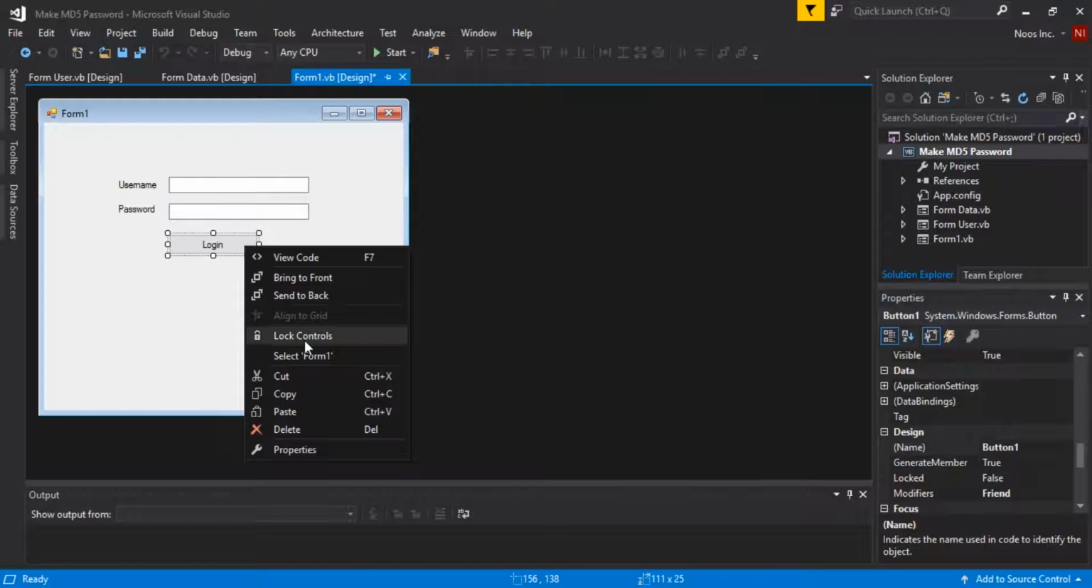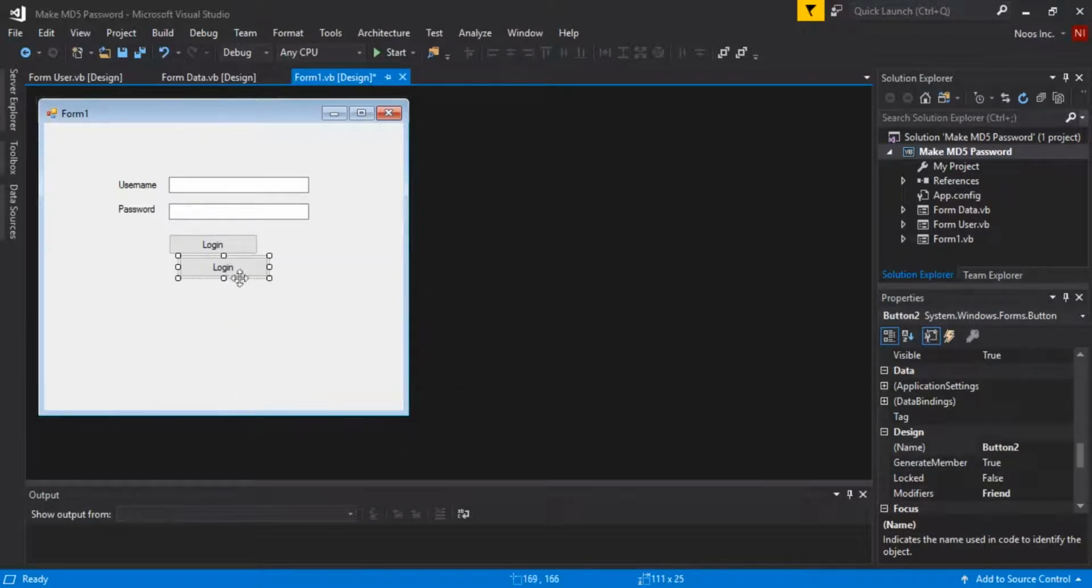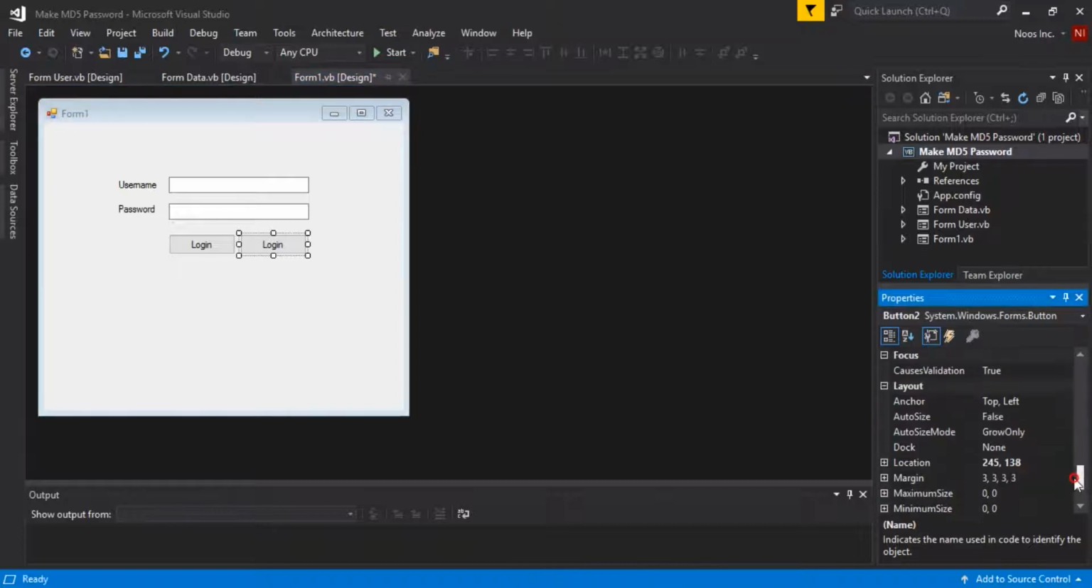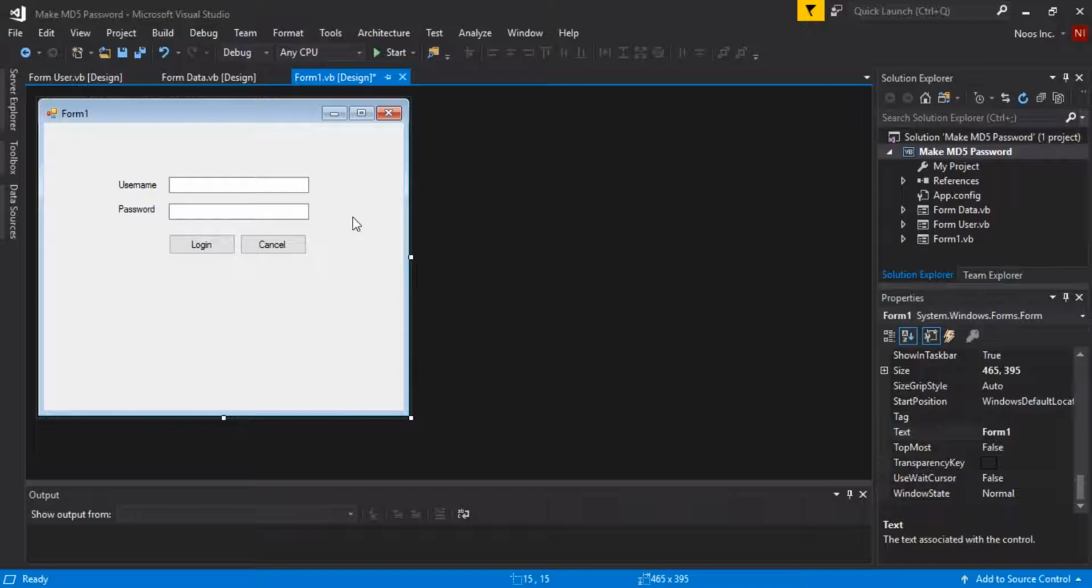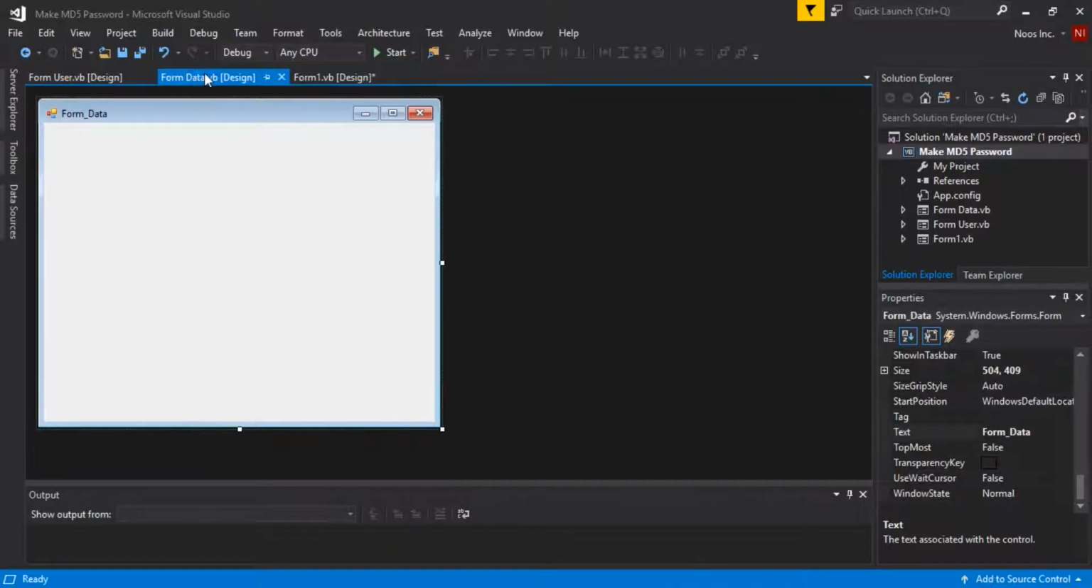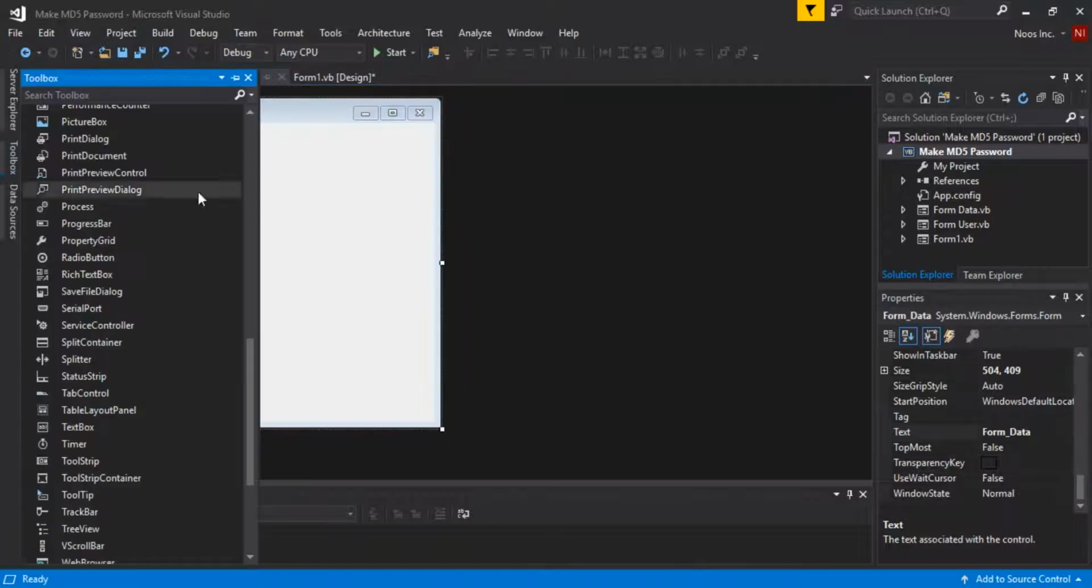And you can also add one more button if you want, like this. For example, this is a cancel button. Cancel, for example. Okay. I will sort them by letters. Now in the form data we need to design like this,